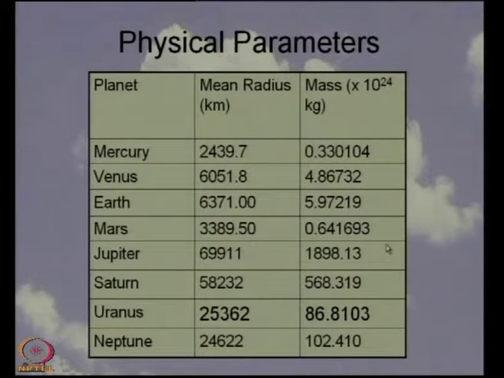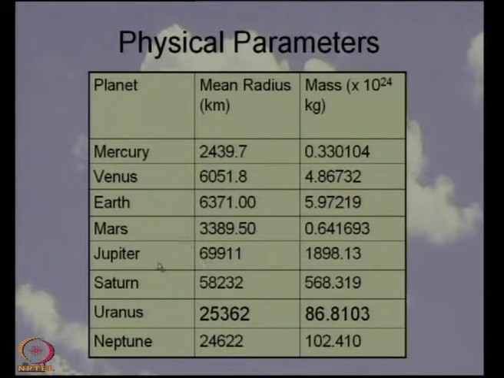Okay. Some more parameters about the planets and their orbits. So, let us just look at this. These are some physical parameters, the mass and the radius. Okay. The mean radius and the mass. The radius can change along the equator and the poles. So, this is the mean radius of the planets, and this is the mass. The radii are in kilometers, and the mass in 10 to the power 24 kg. Again note that the radius here is of the order of few thousand kilometers,